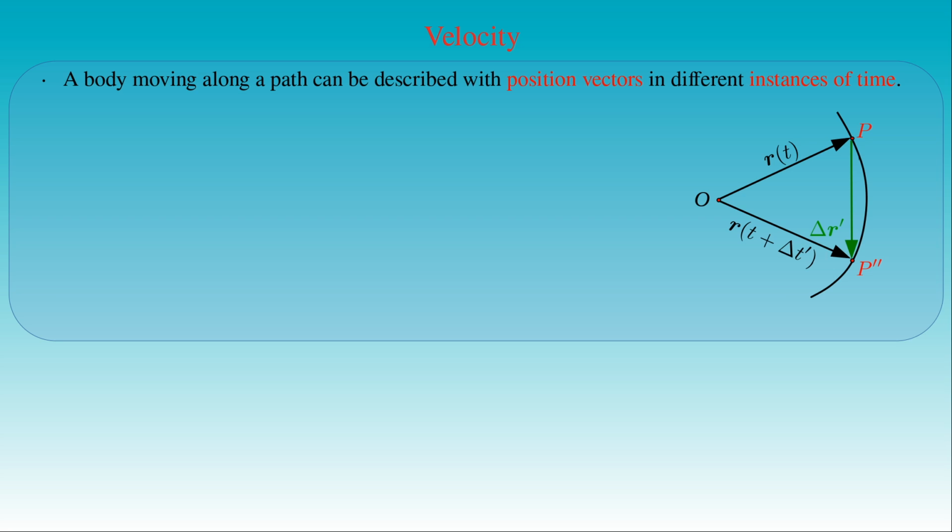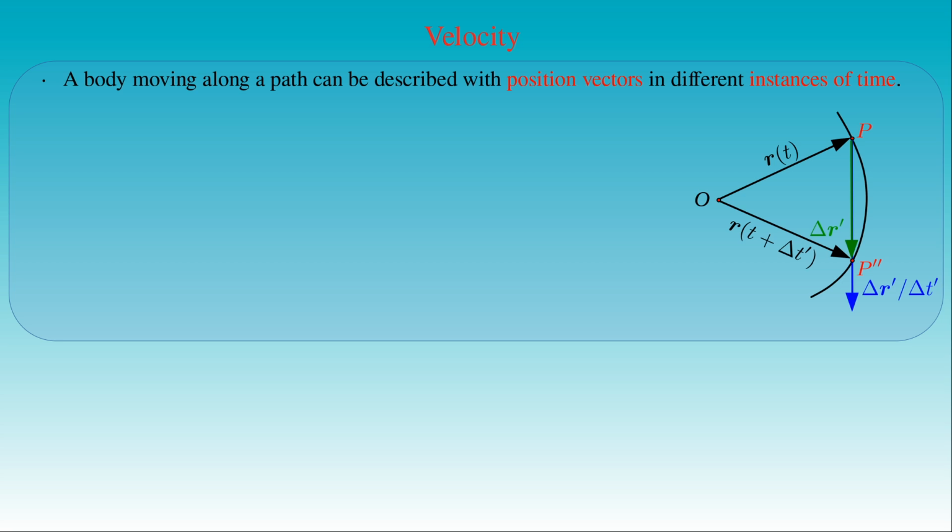Now we can also show the ratio of the difference delta r prime in space to the difference delta t prime in time. This is denoted by the blue arrow with the tail at the point P, and it has the same direction as the difference delta r prime, since the division by the value delta t prime is just a multiplication of the vector delta r prime with the scalar 1 over delta t prime.